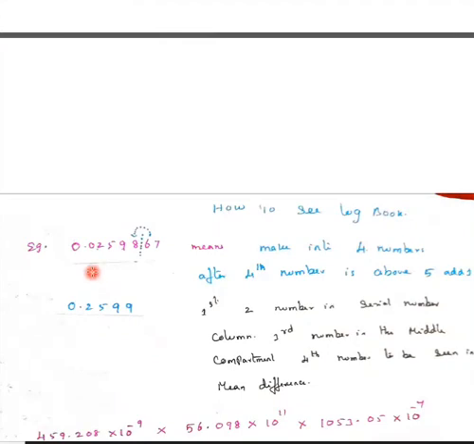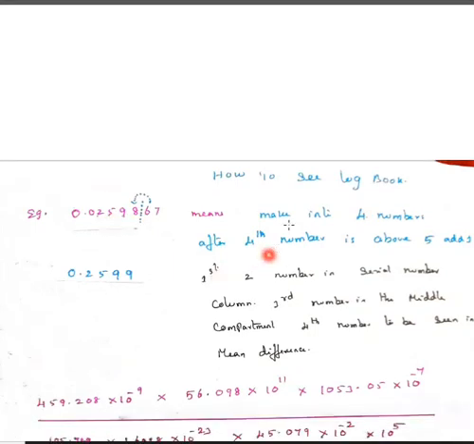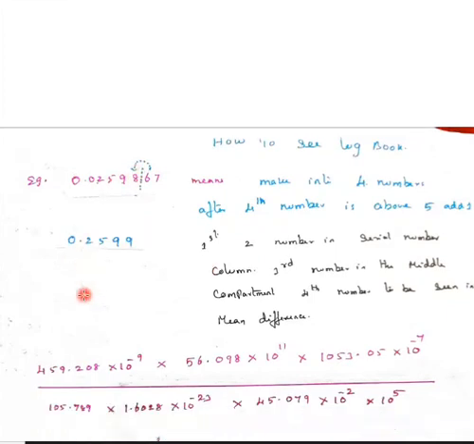Now I have given a number, 0.025986. Totally there are 6 numbers, but in logbook we should use only 4 numbers. We should limit these 6 numbers to 4 numbers. After the 4th number, if the next number is above 5, add 1. So I have written one vertical line here after 1, 2, 3, 4. Next to this there is a 6, which is above 5, so add 1 to this 8. So I have minimized these numbers to